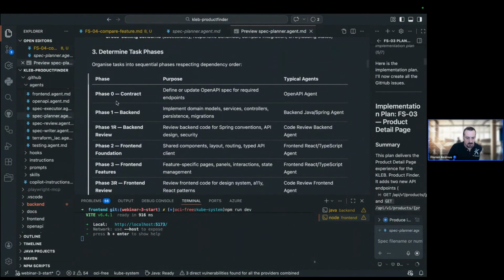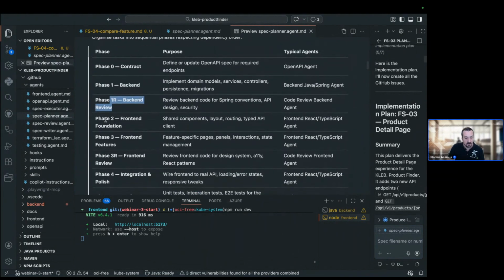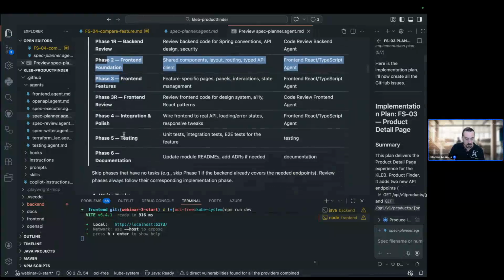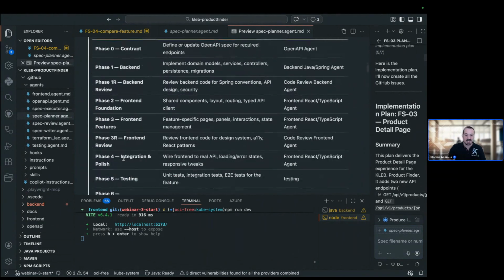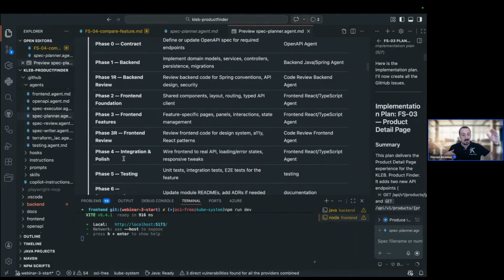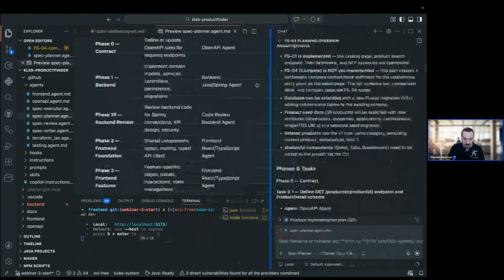So first you need to create the contract, then you need to create the backend components so the front end can use them, then review everything that you built for the backend, do the same for the front end, then do some integration testing and polishing, do some end-to-end testing, and update the documentation. So this is the general process of implementing, and it will now go through and define tasks and put them